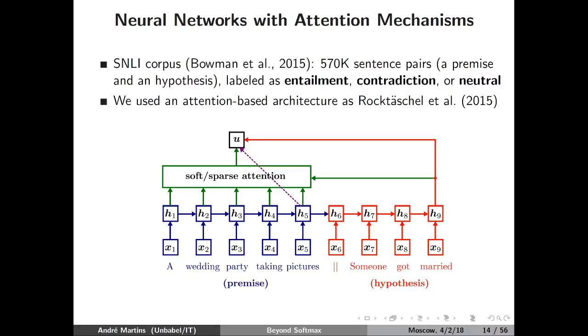So this is not the strongest system right now. In the same paper, they also have a word-by-word attention model, which performs better. It actually computes alignment between the premise and the hypothesis, but this is not much worse than that one, and it was just simpler at the time to try out.